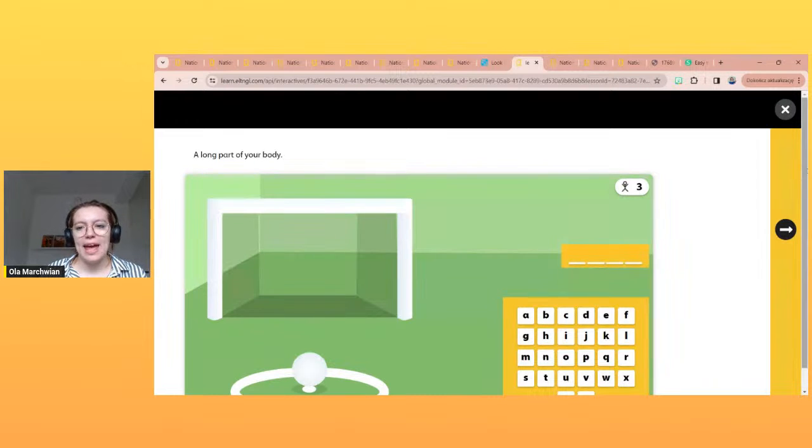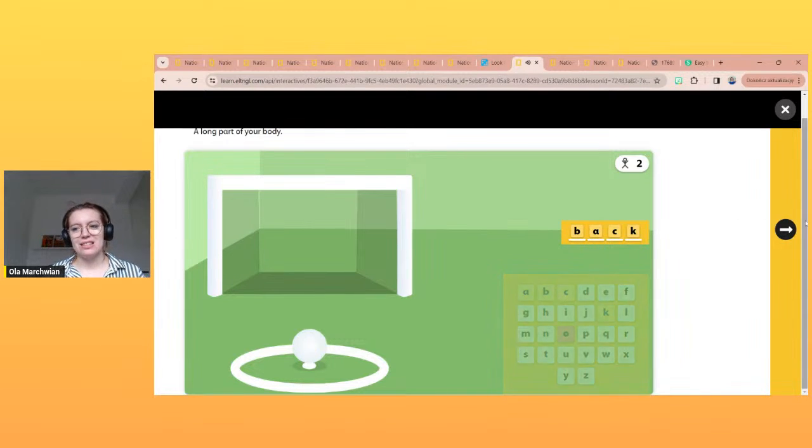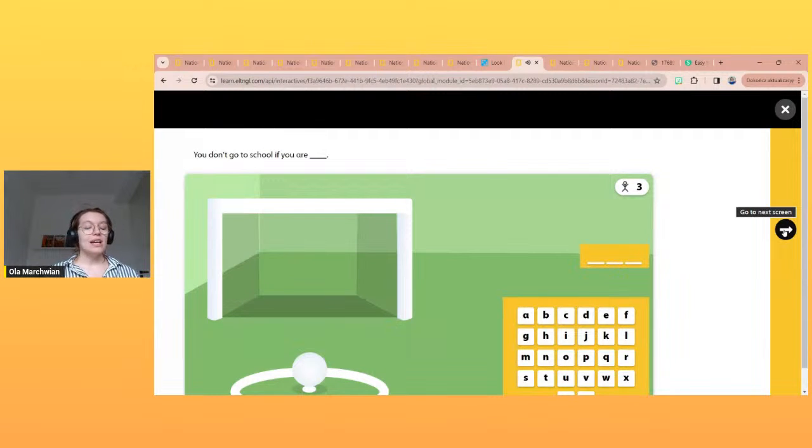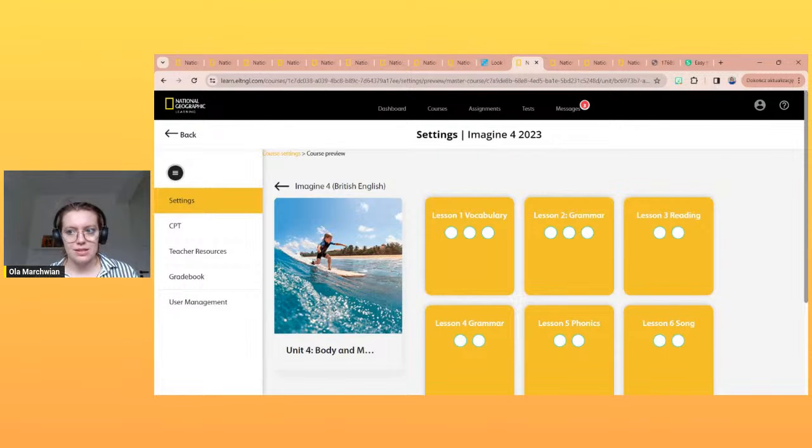This is this hangman type of game where you get the definition, for example, a long part of your body, and you need to pick the right letter. And if you do it right, you get a cheer, and if you don't, you get a boo. I know from yesterday that it's back. Yeah. Students can play, they can buy different letters. You can also add different elements to it. So this is one of the games, one of the many that you can see. Again, this one was great for doing it together, but another one,